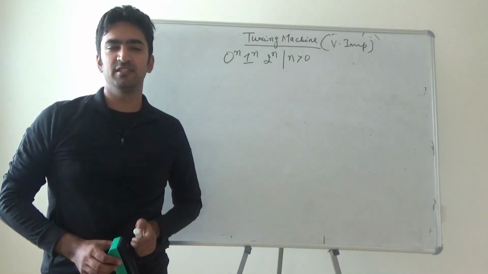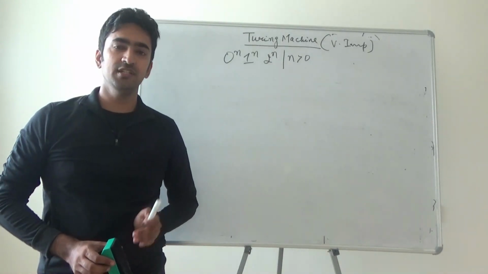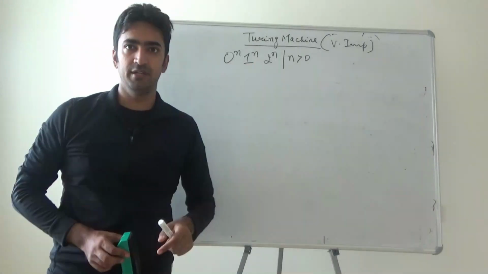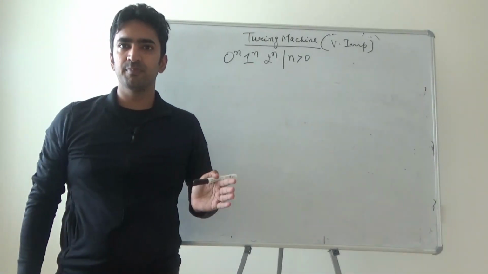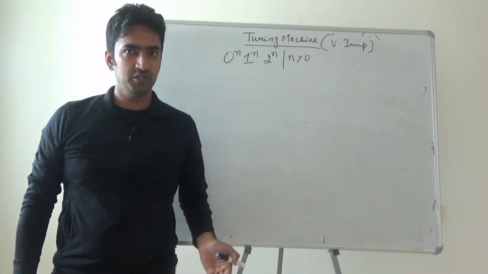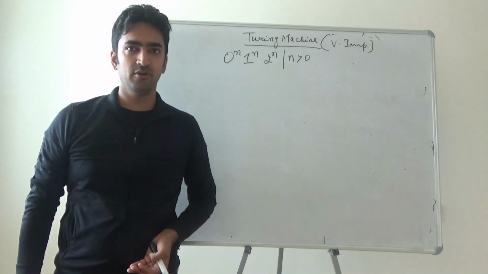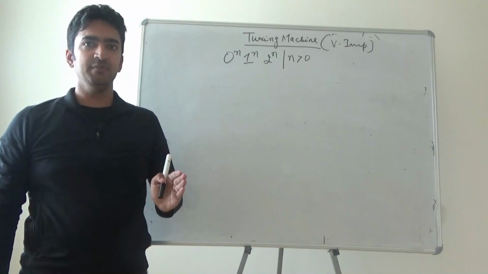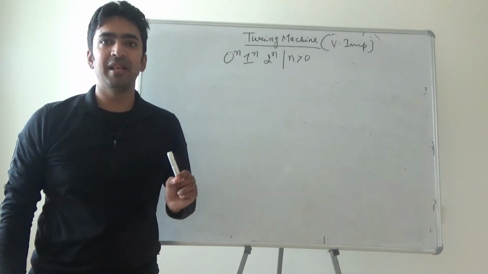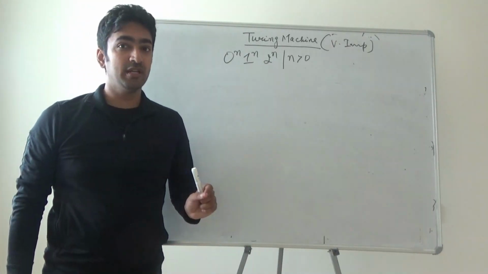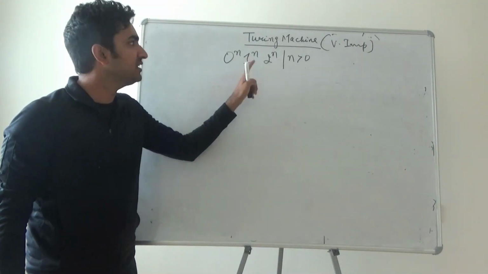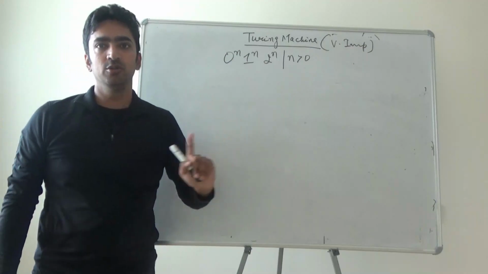In today's video we will be discussing the concept of Turing machine, and the question that we are discussing is 0^n 1^n 2^n. So this example is not solvable by using pushdown automata and finite automata either. The pattern that we are going to follow is the same: we need to reach the blank symbol by recognizing an equal number of zeros followed by an equal number of ones followed by an equal number of twos.